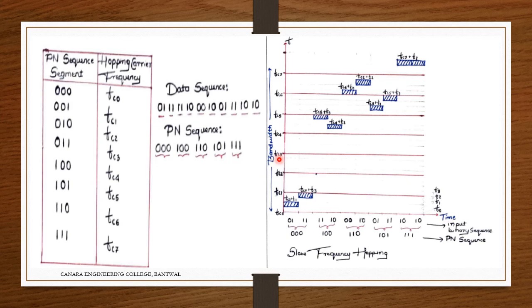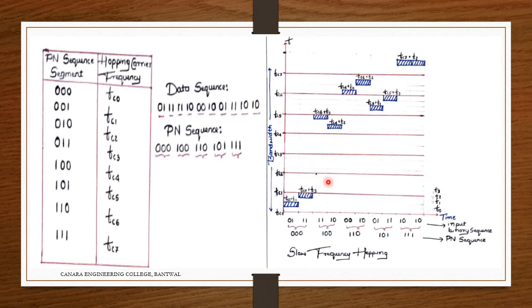So another confusion arises: how do we match the data sequence with the PN sequence? Here we have 10 data bits and the PN sequence should be like 5. But remember they have told that 4 MFSK tones per symbol are transmitted, so 4 bits will be there. So that time 0 1 1 1 matches with this one, 1 1 1 0 with this one, 0 0 1 0 with this one, 0 1 1 1 with this one, 1 0 1 0 with this one.